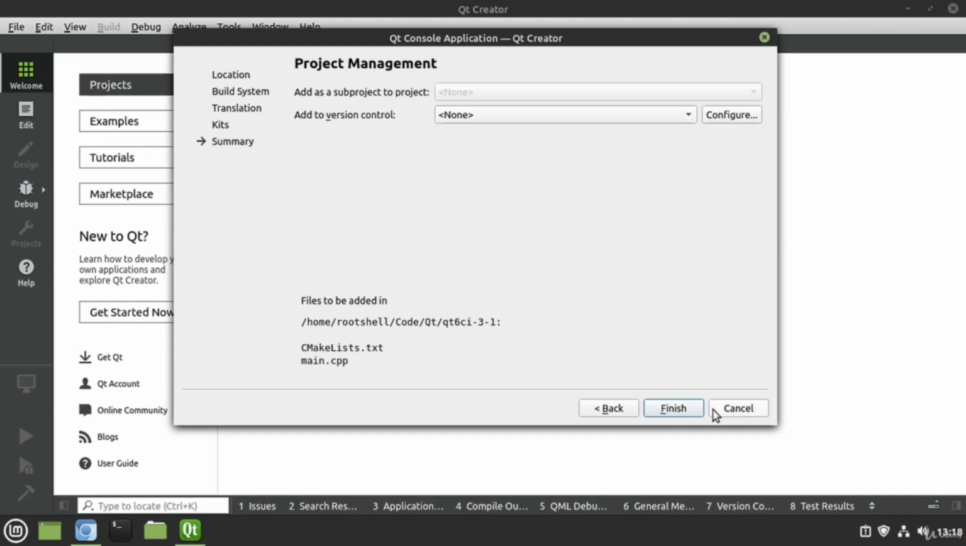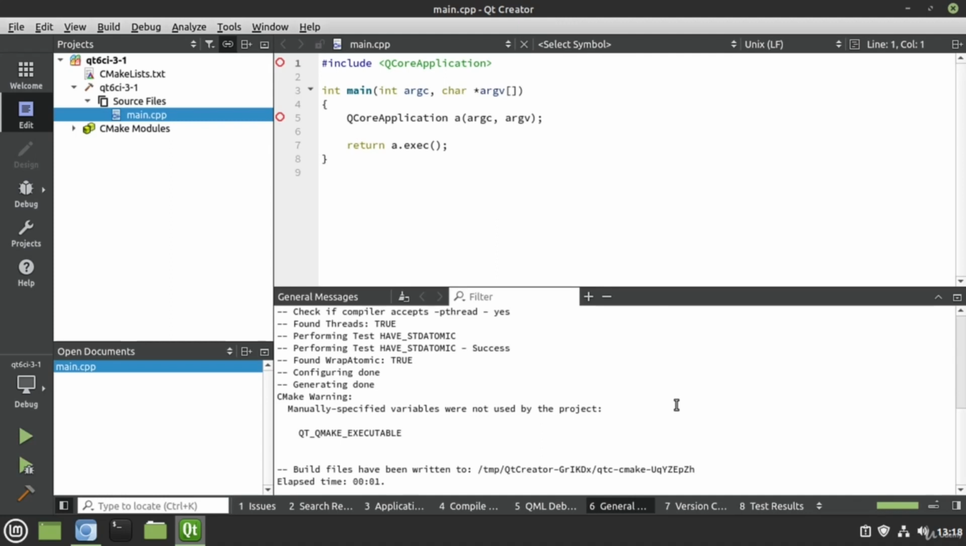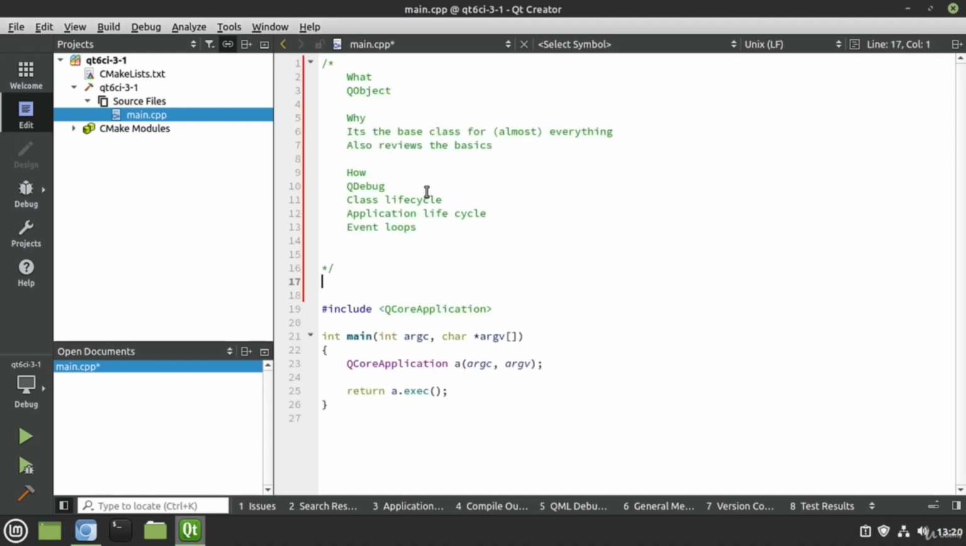Project management, if you have source control, hit finish. And this is where most of these videos are going to start. You're going to start the video and you'll see Qt Creator already open with some source code ready to go. Now I'm going to just paste in some comments, and this is pretty much the standard way I'll do things. You'll see something like this. What? Well, we're going to cover QObject. Why? Because it's the base class for almost everything. We're also going to review the basics. We've gone over most of them already. And then how? How is going to be the bulk of every single video